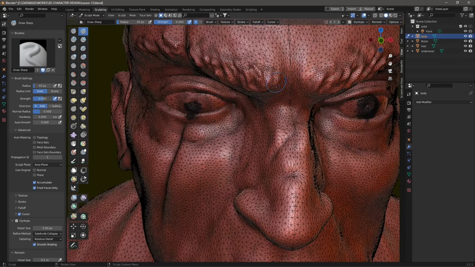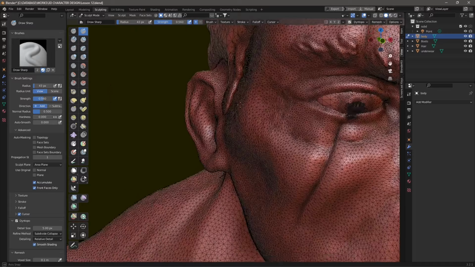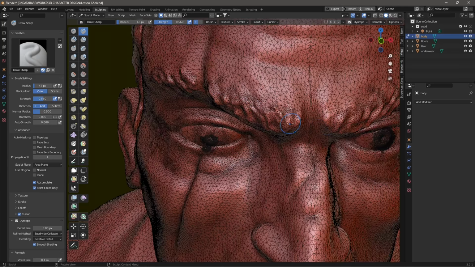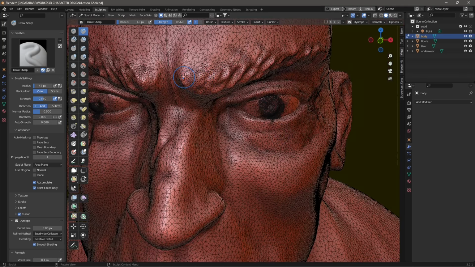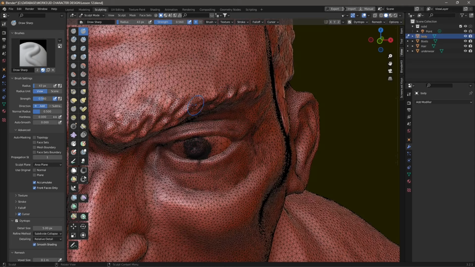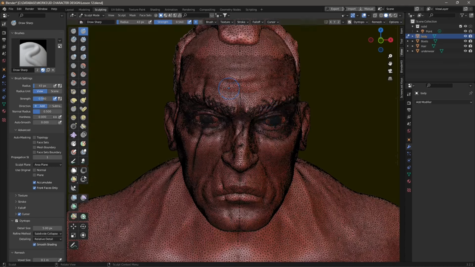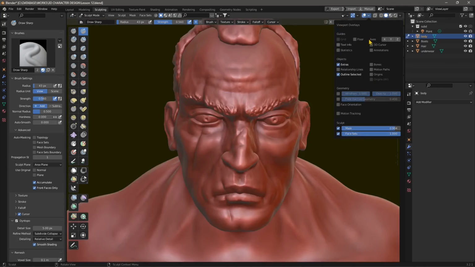So we use the draw, we use the draw sharp, we use the clay, and then we can use the level, we can use the crease or dam brushes. So always the same brushes, but really small size, smaller and smaller, and really fine strokes here to create this simulation of facial hair. And again, it's just like they did in the medieval times or ancient Greece, ancient Rome. So they sculpted directly